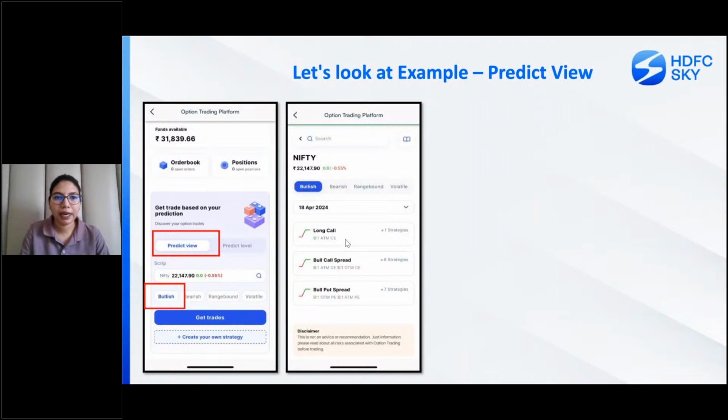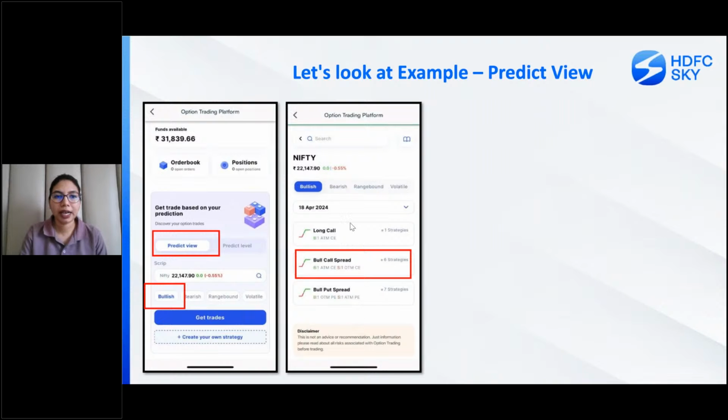Here, it will also give me the plain vanilla option variations, which strike I can select or which strike is the best. There is this bull call spread, there is this bull put spread. If you select the range bound or the volatile options, you will still get iron condors, butterfly strategies, strangles, and straddles. All kinds of option strategies are available under this, but this will show you the best ones. For this I have selected bullish, and